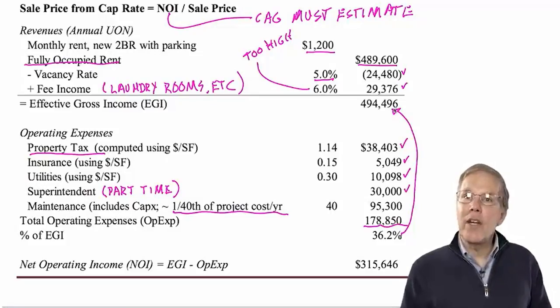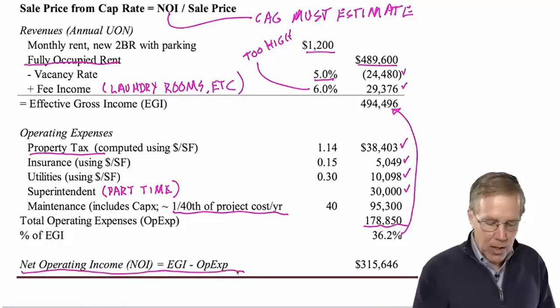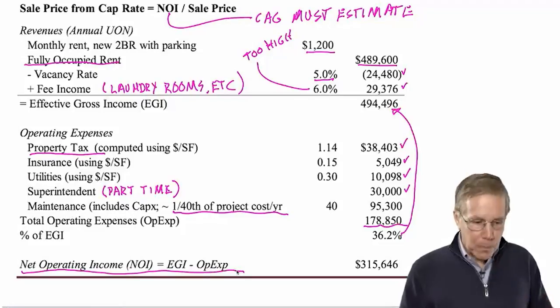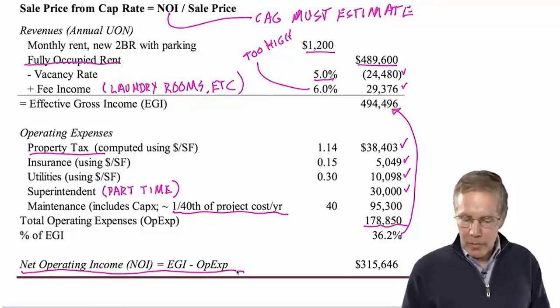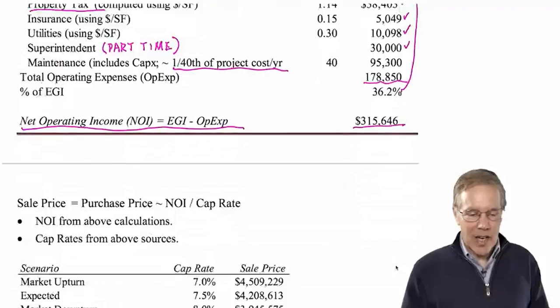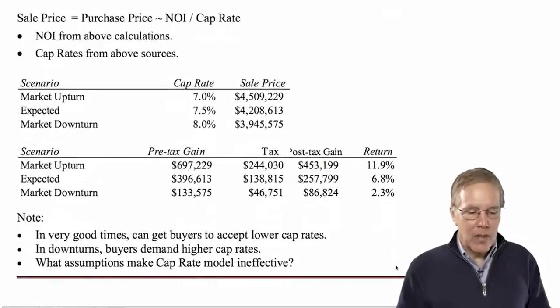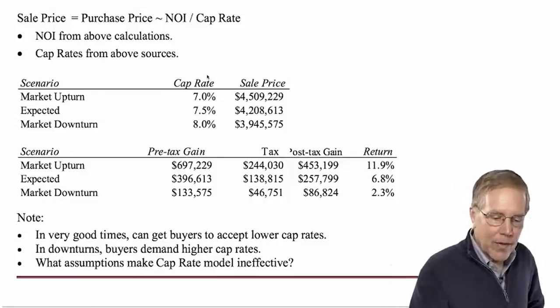Okay, so now they can compute their net operating income. The net operating income is simply their effective gross income minus their operating expense, or about $315,000. All right, so we're getting close. You have to do a lot of work here to get this cap rate based estimated price. Okay, so what they've found